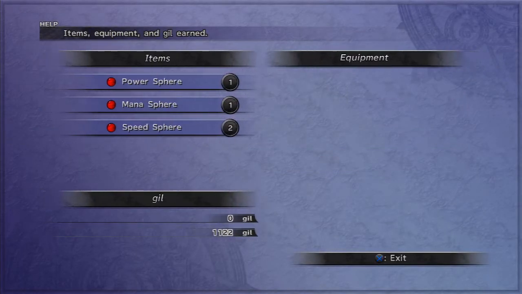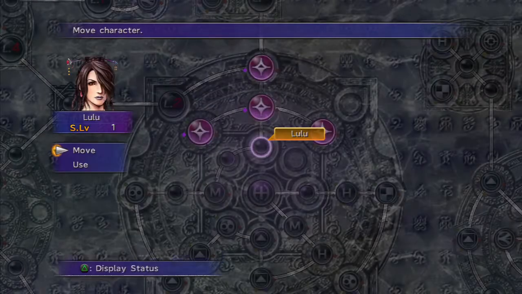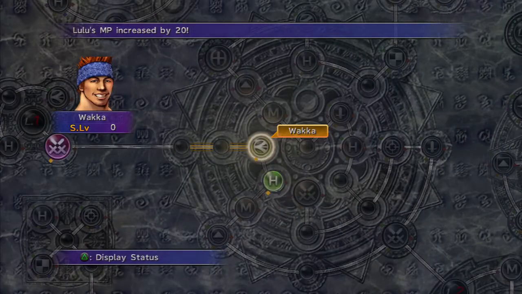And there we go. Nice assortment of spheres there. Again, we probably don't need to do this for Lulu because we don't have a save sphere nearby to top her up on the MP there, but